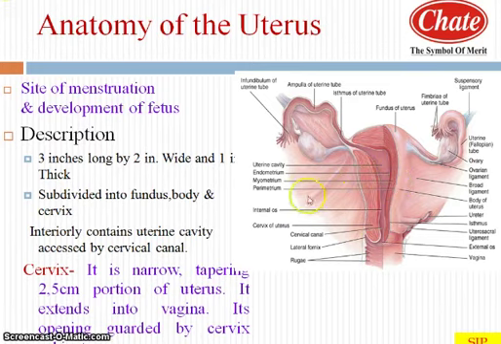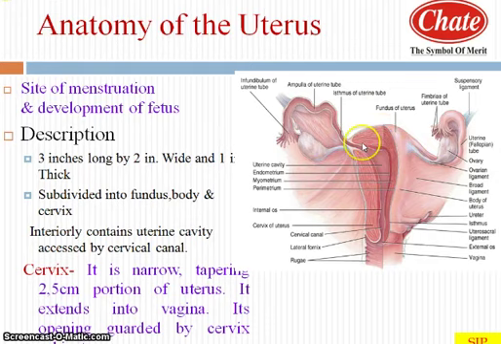The wall of uterus is made up of three layers, that is perimetrium, myometrium and endometrium. Perimetrium is made up of fibrous connective tissue and provides protection. Myometrium consists of smooth muscles helpful in contraction and relaxation, while endometrium forms the bed for the development of the embryo and fetus. When we focus on the details, the uterus has three regions.